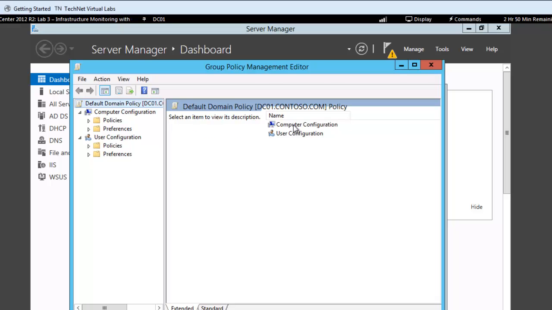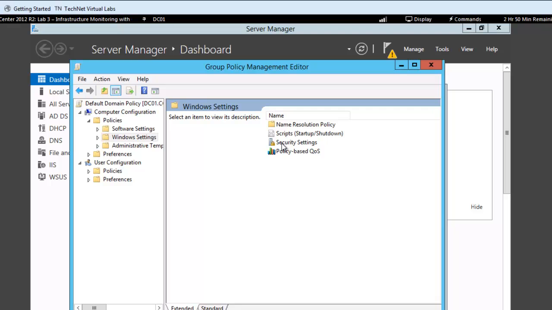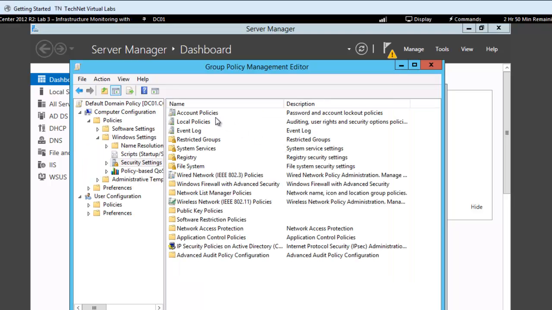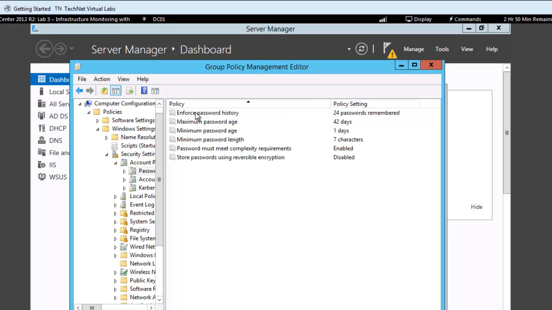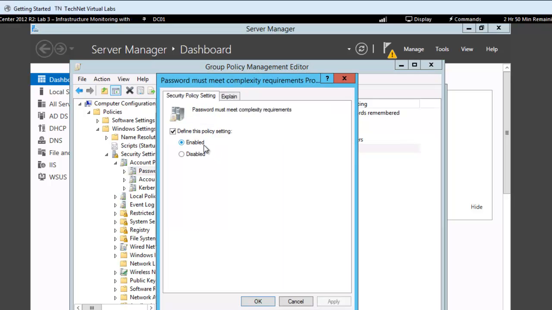I'm going to click on Computer Configuration, Policies, Windows Settings, Security Settings, Account Policies, Password Policy, and the policy that we want to look at was the password one. It says password must meet complexity requirements, and see it's enabled by default. So we're going to open that up and we see it's enabled, and let's look at the explanation for that